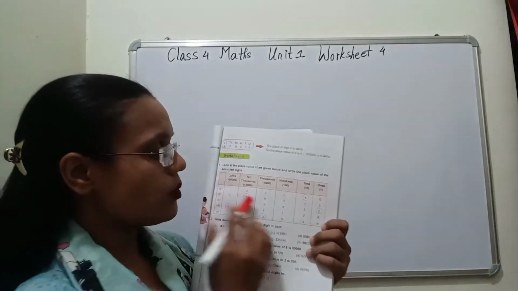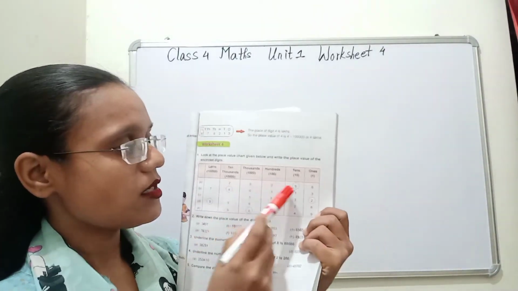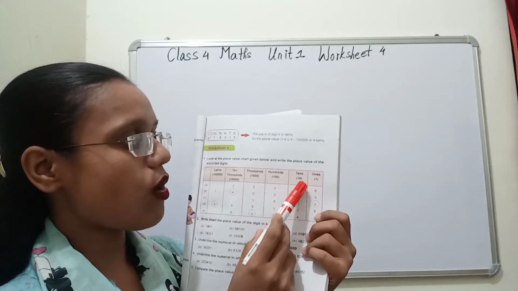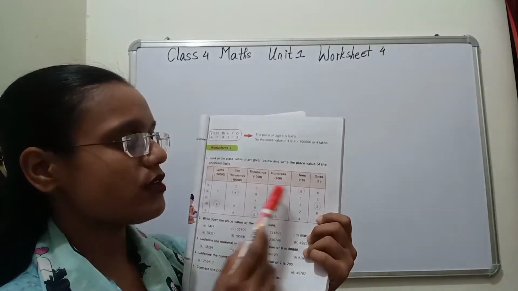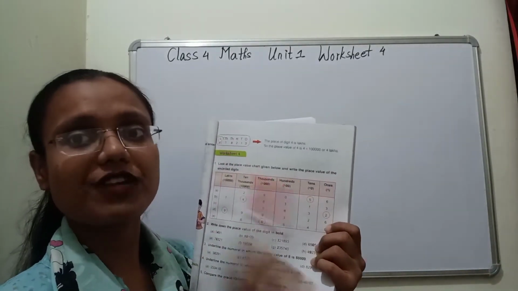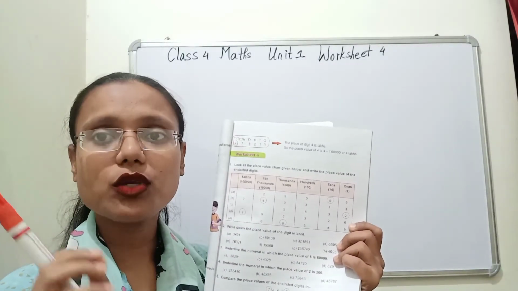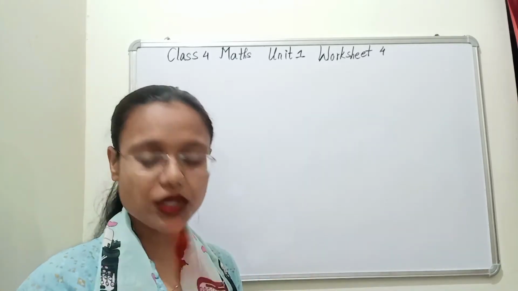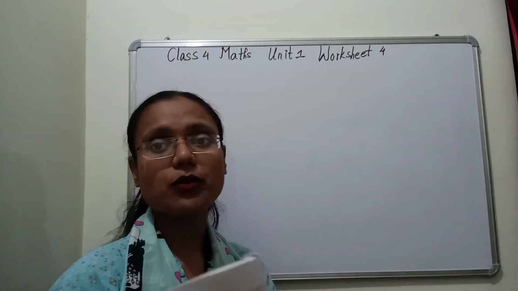Okay, then you will write the answer as the place value of 5 in this number, 29,056, is 50. How you are going to write the answer? I am just going to show you how you will write the answers. Okay, question नहीं मैं बता रही हूँ, I am just showing you the answers. This is how you will write.